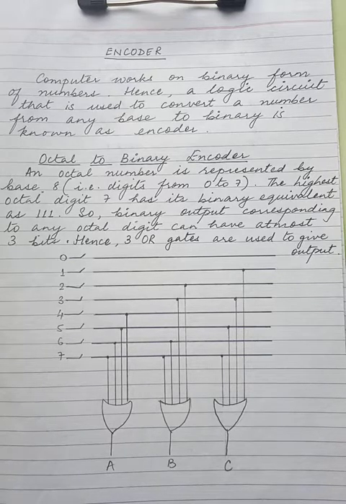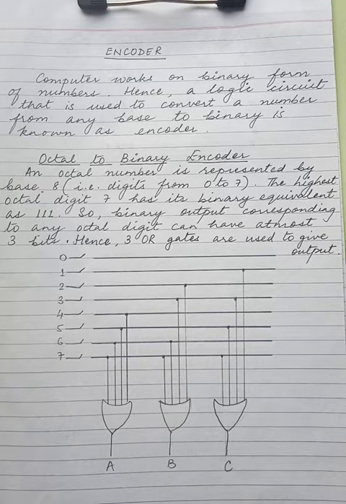So, in front of 0, I have not joined the 0 to any of the OR gates. Look there, the line 0, the switch of 0 is blank. There is no dot, there is no line starting from the 0 line and joining in the output. Why? Because the equivalent of 0 is 000. Whenever the equivalent is 1, it will be joined to the OR gate. Whenever an equivalent is 0, it will not be joined.